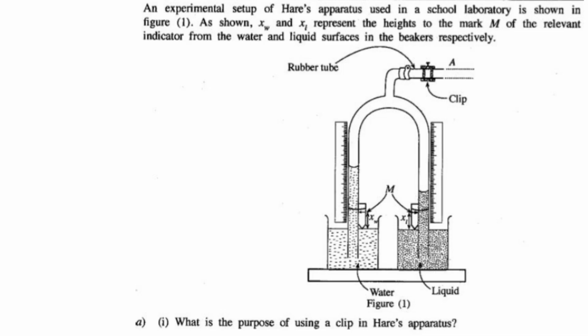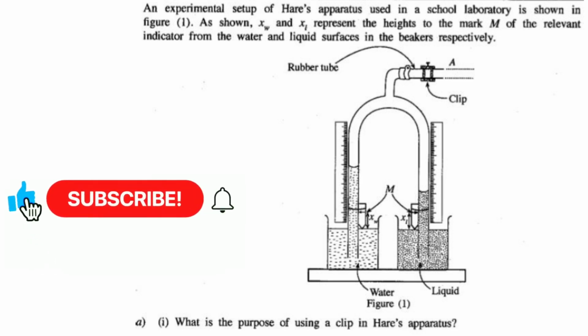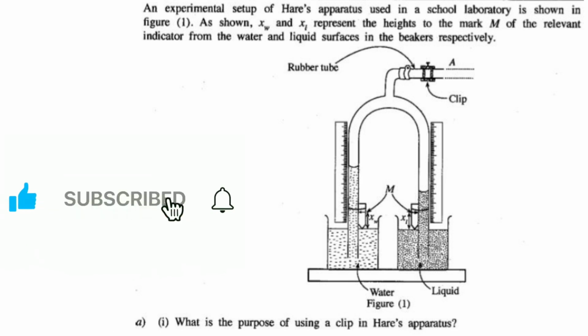An experimental setup of phase separators used in a school laboratory is shown in figure 1. As shown, XW and XL represent the heights to the mark M of the relevant indicator from the water and liquid surfaces in the beakers respectively. Part 1. What is the purpose of using a clip